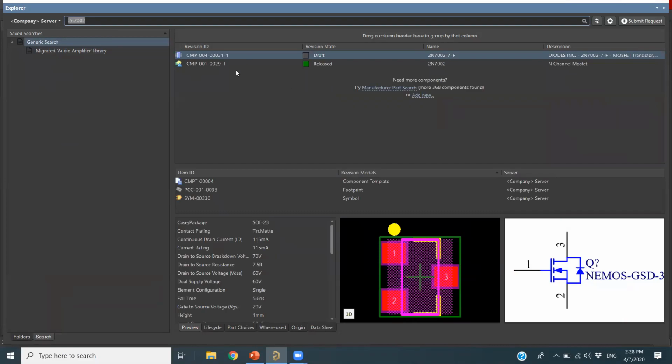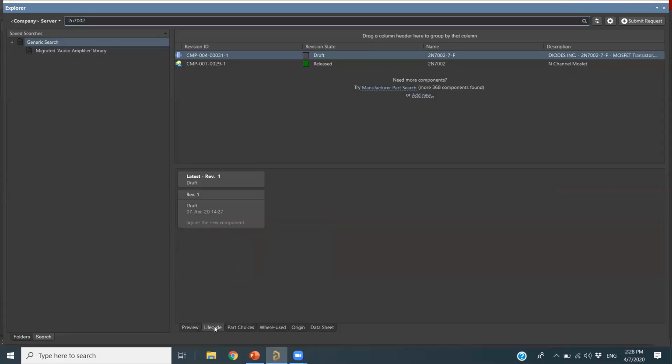You will see the component which I have acquired from my manufacturer part search, and all the information you can see here. Below you will see the preview of the component, with all the parameter details, and it is from my company server. There are the symbol, footprint, then the life cycle of the component.